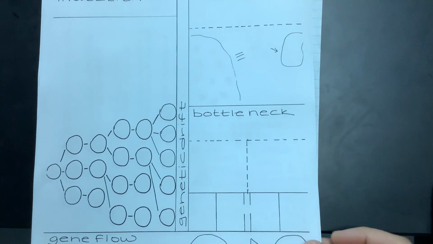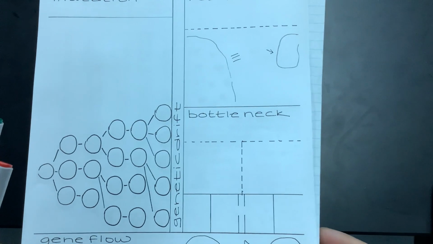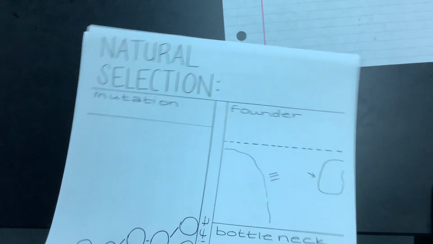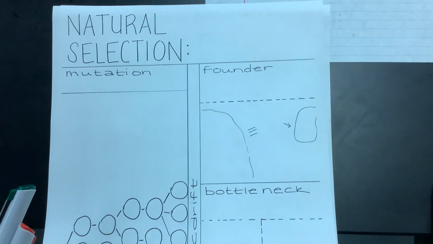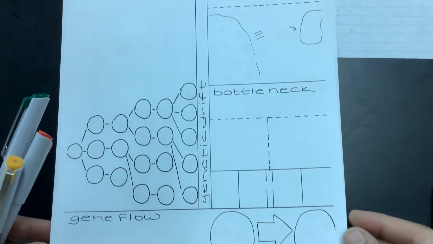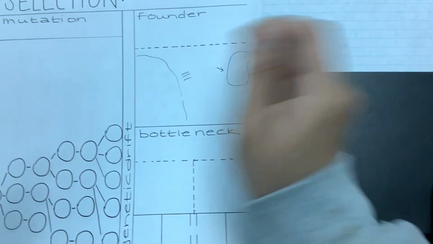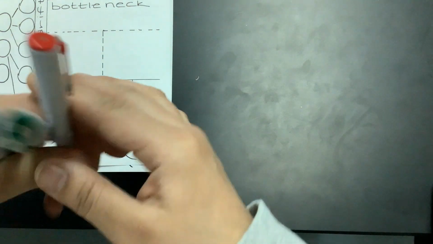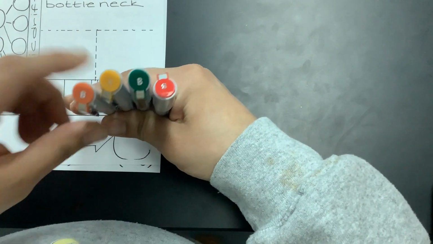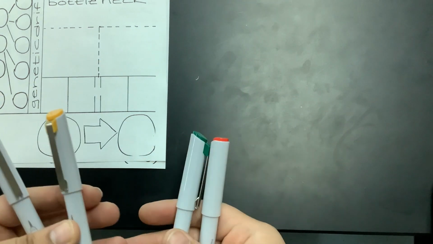So before we get started, you want to take out a piece of paper. You can take out a piece of binder paper if you'd like, or a piece of white paper, and you can start to set up your paper this way. You can pause the video and do that, or you can just take notes and do it as we move through them. Either way, it is up to you. And then you will need to have some colors. I'm going to use orange, yellow, green, and red, but you can use 4 other colors. It doesn't really matter. These are just the colors I decided to use.